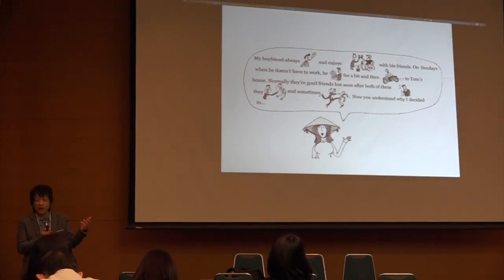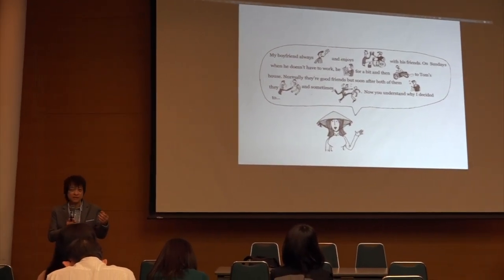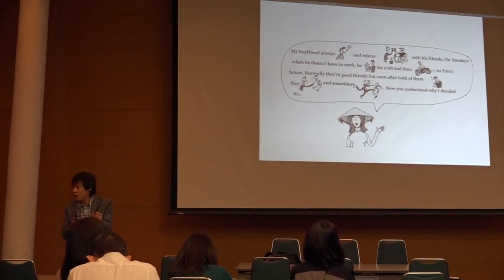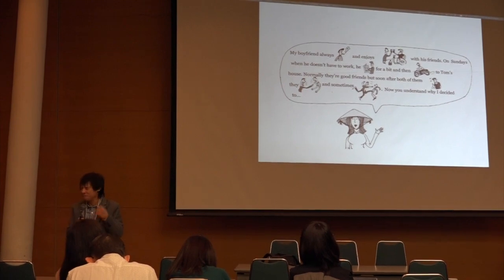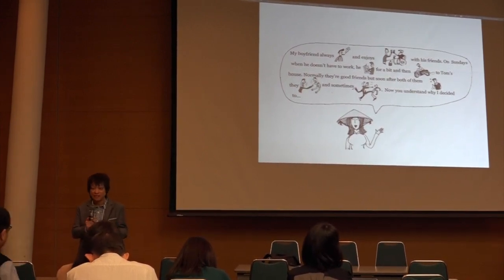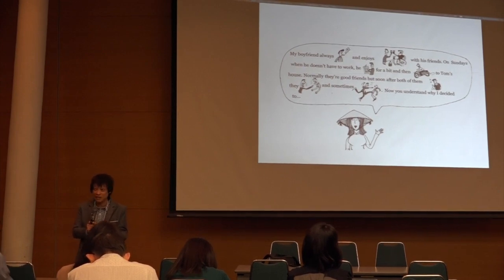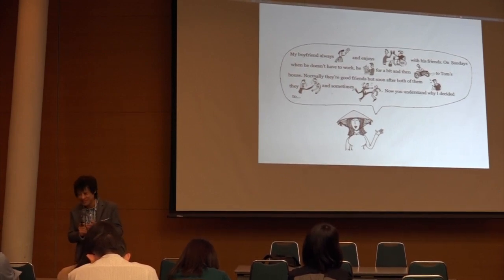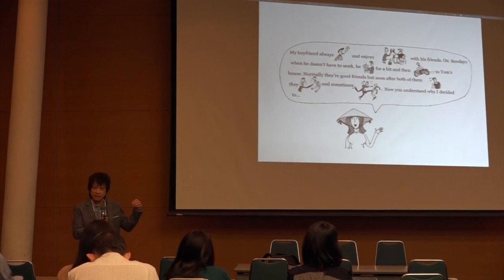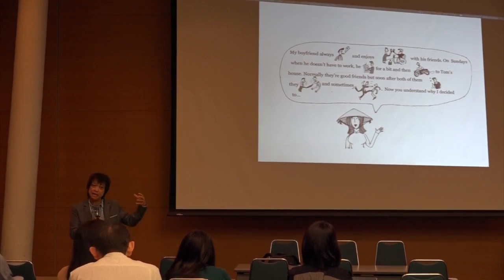Now you understand why I decided to break up with him, dump him, because I'm a gangster, I like bad guys. Some girls said they are attracted to bad guys. Or some of my children said, kill him. That's too much. Or to look for another boyfriend. So, if we use this as a lesson scenario, there's a lot of things that can be done about this. Do you have any other suggestions for how to expand?